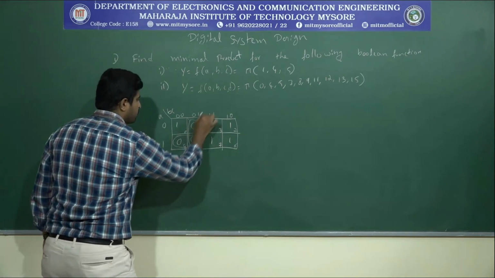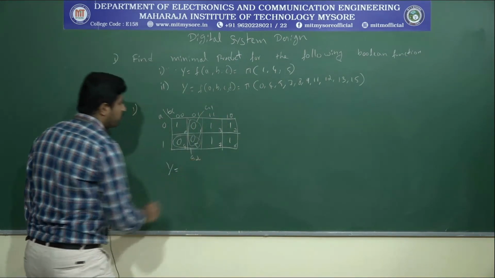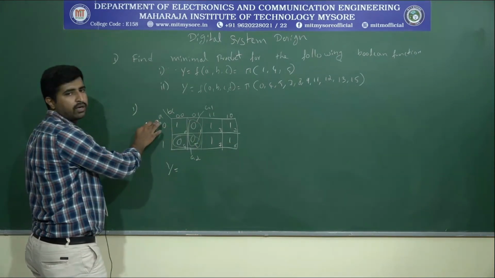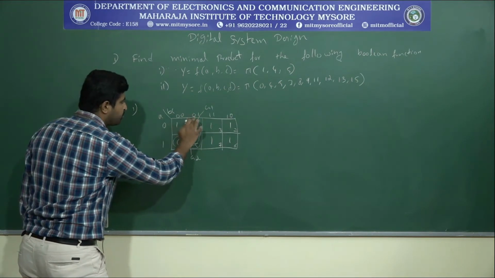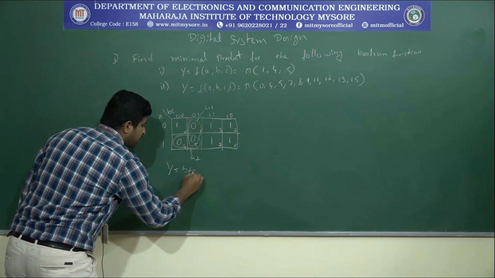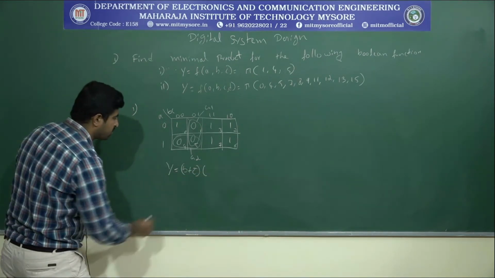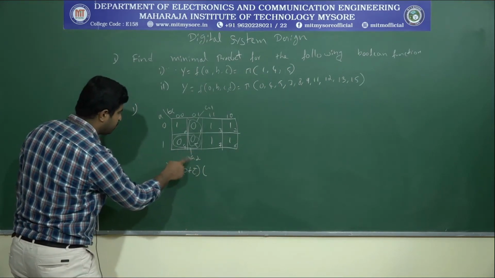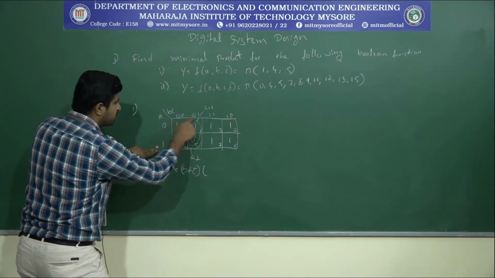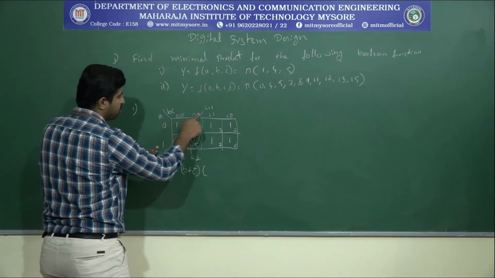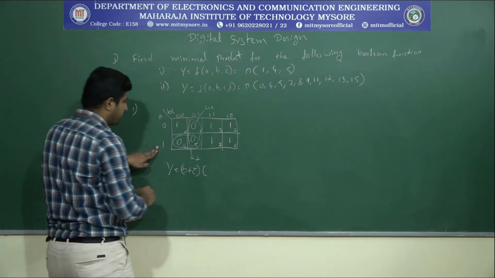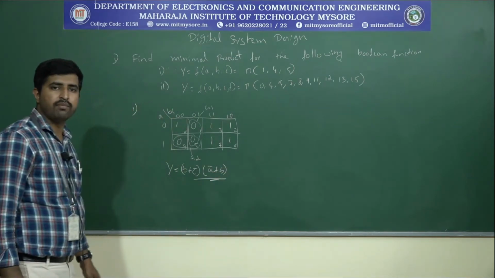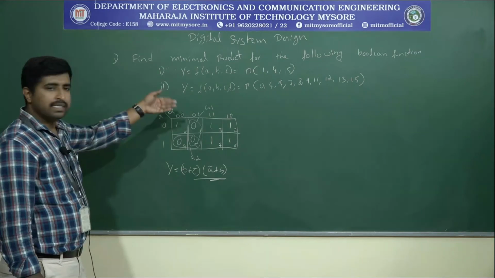So y equals, this is for group 1 and this is group 2. For group 1, the A entire row is there, that is 0 1, so A won't appear here. B, C are 0 1, this corresponds to B plus C bar. Next, for group 2, cells 4 and 5, A is 1 and BC is 0 0 and 0 1, so C won't appear here. The remaining will be A bar plus B. So this is the simplified expression. Let's take up the second problem.